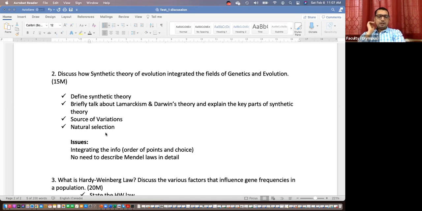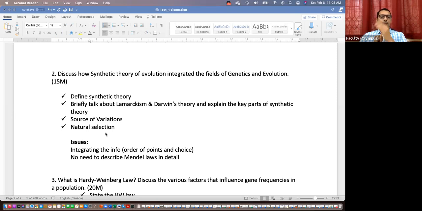I think one of you mentioned the study of genetic equilibrium. That is also providing a new way of looking at how evolution is taking place, how various factors are playing a role here. So you have to have that information put together. There are many ways that you can write this answer, but most importantly, I wanted you to write about Darwinian theory, how synthetic theory helped us understand Darwinian theory better, and what aspects have been integrated from the genetics point of view. Knowing the DNA, we got to know about the nature of mutations, about recombination, about genetic drift, the population genetics part. Add these components that you studied in various other units. But the collective idea provided us a better picture about evolution